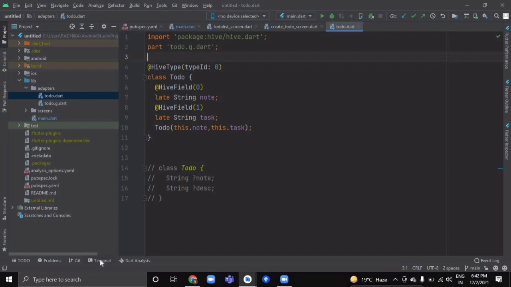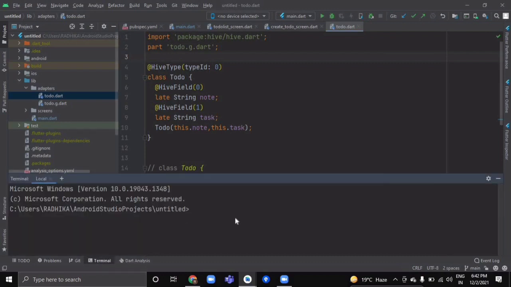Now after this, go to your terminal and write this command: flutter packages pub run build_runner build. After running this command you will have a todo.g.dart file inside your adapters folder like this.